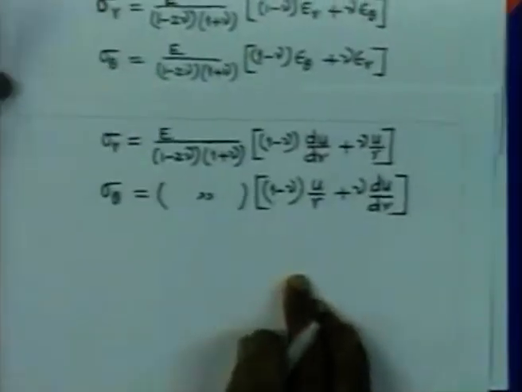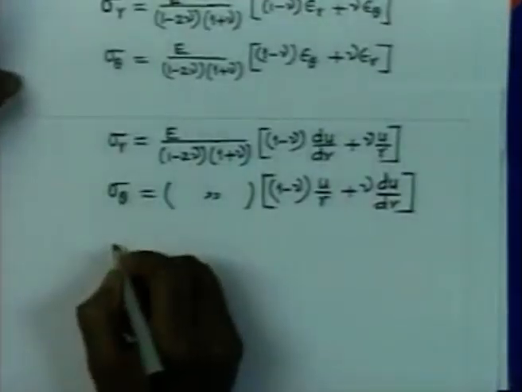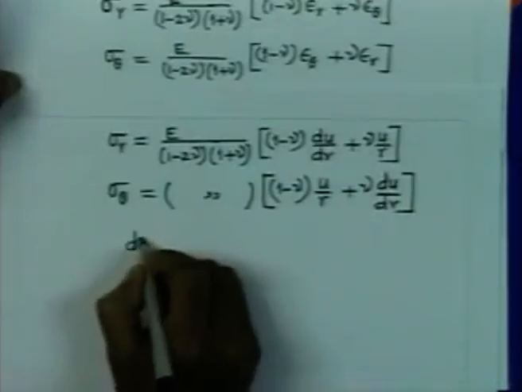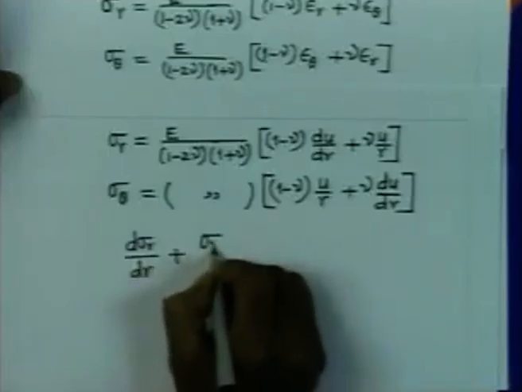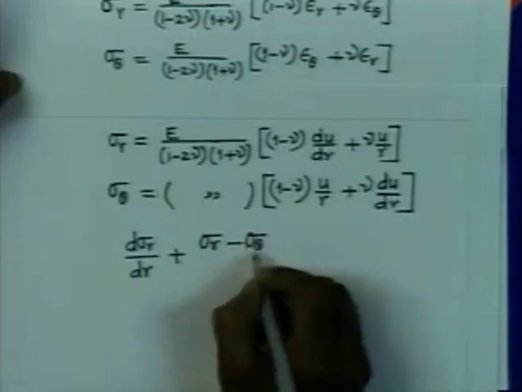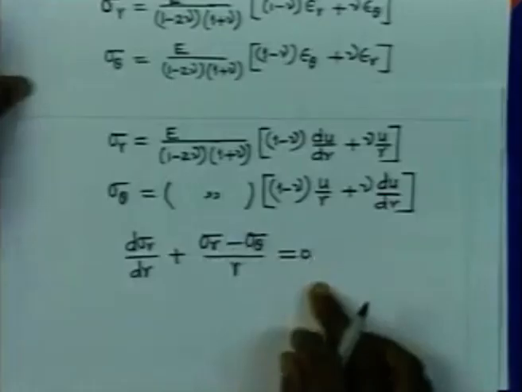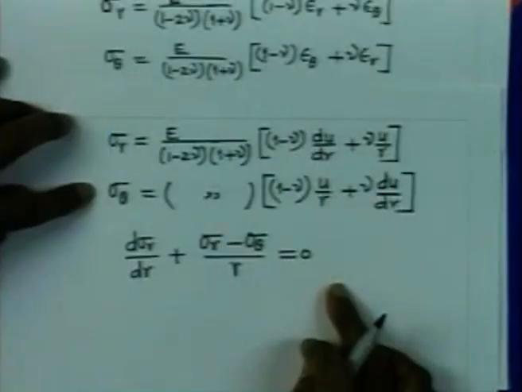So, these relationships are obtained for the stresses, and the governing equation for the thick cylinder is d sigma r/dr plus (sigma r minus sigma theta)/r equal to 0. So, you can now substitute these two stresses in terms of the displacement into this relationship, and you are going to get a governing equation